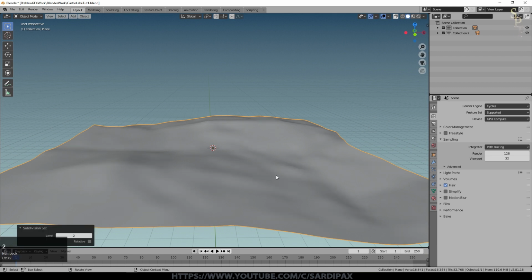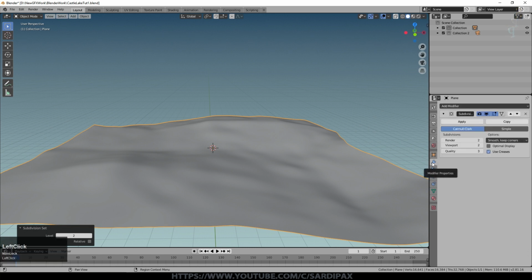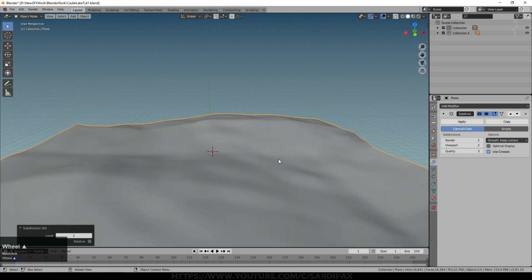But if I do Control 2, you can see it's got a little smoother. And if we go to the modifiers, you can see that's now got a level 2 subdivision surface. It's level 2 both for the viewport and the render. I'm going to be going quite fast, and I'm not going to be going to the same level of detail as I did for the original scene, because that obviously took me quite a lot of hours to complete. And really this is just showing you how to create a scene, something like that.